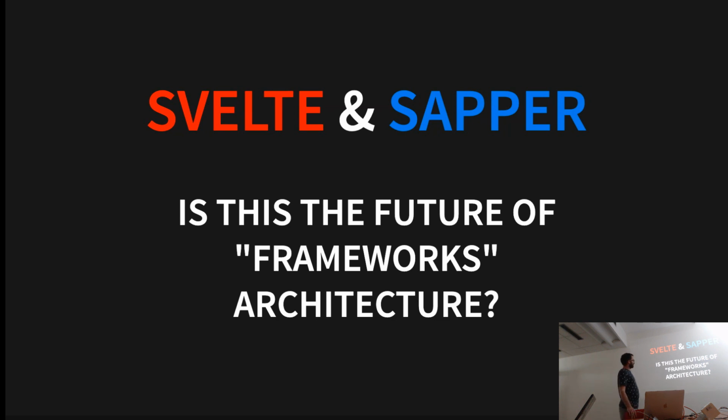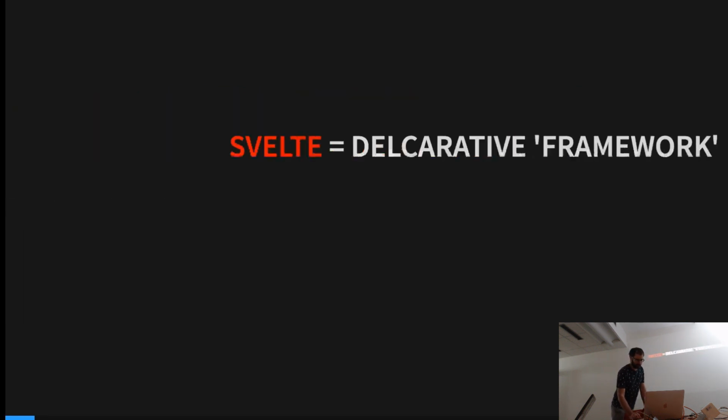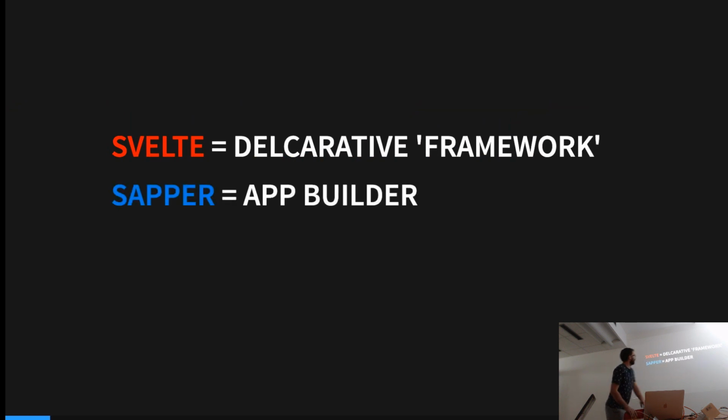I will try to answer this question, or maybe we all together after some discussion at the end, whether this is the type of frameworks which will come in the future, because it's quite different to what we have now. I differentiated the two colors. Svelte red, Supper blue, because they are different counterparts in the framework, so later in the presentation you will be able to distinguish whether I'm speaking about only one or only the other, or if it's white then I speak about both together probably, and we will see what is what exactly.